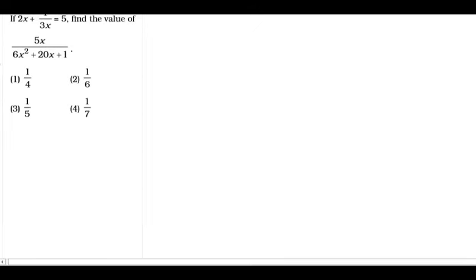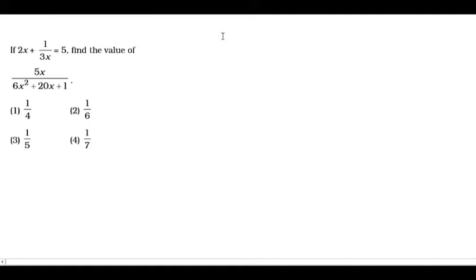2x plus 1 by 3x is equal to 5. Find the value of 5x. So we will just divide it with x and see how it goes, and then we will try to reciprocate it also. So 6x square plus 20x plus 1 by, I am reciprocating it because it will be easy to understand for us. So let's divide it with x, or let's take the x to numerator. Then it becomes 6x plus 20 plus 1 by